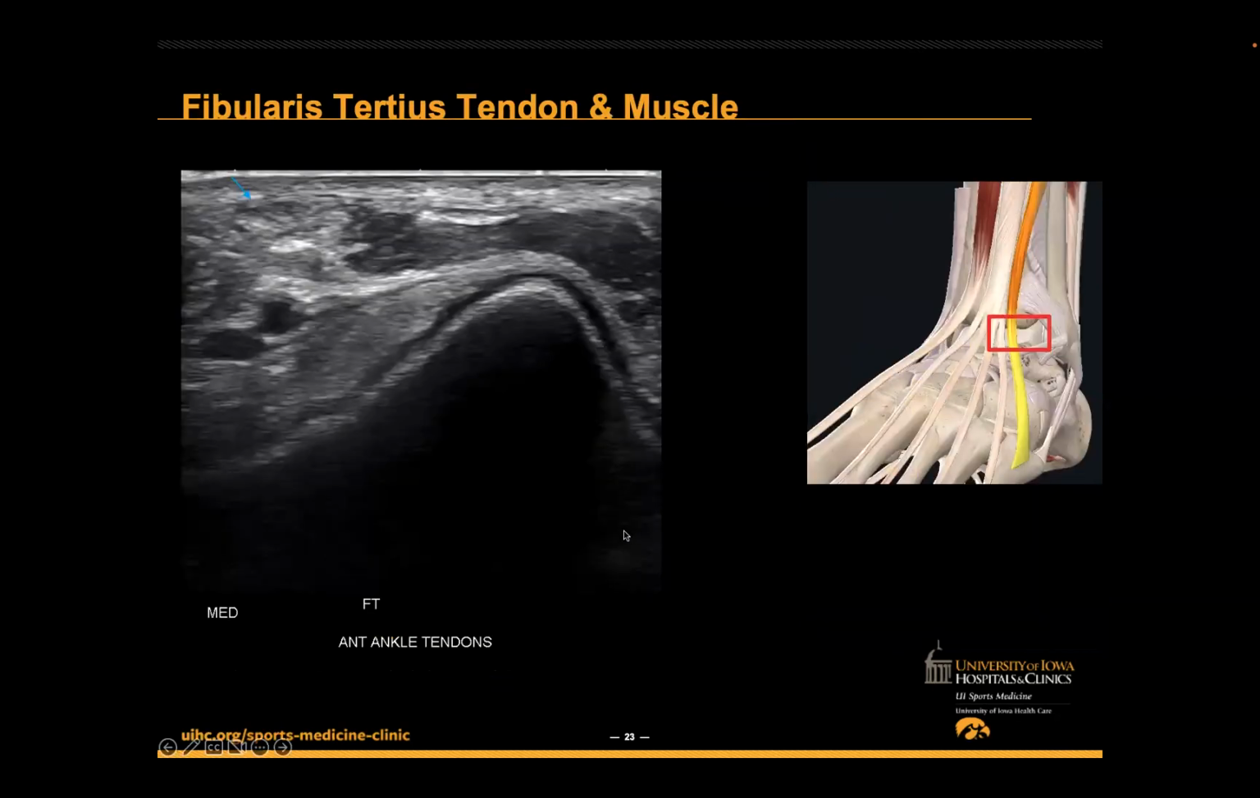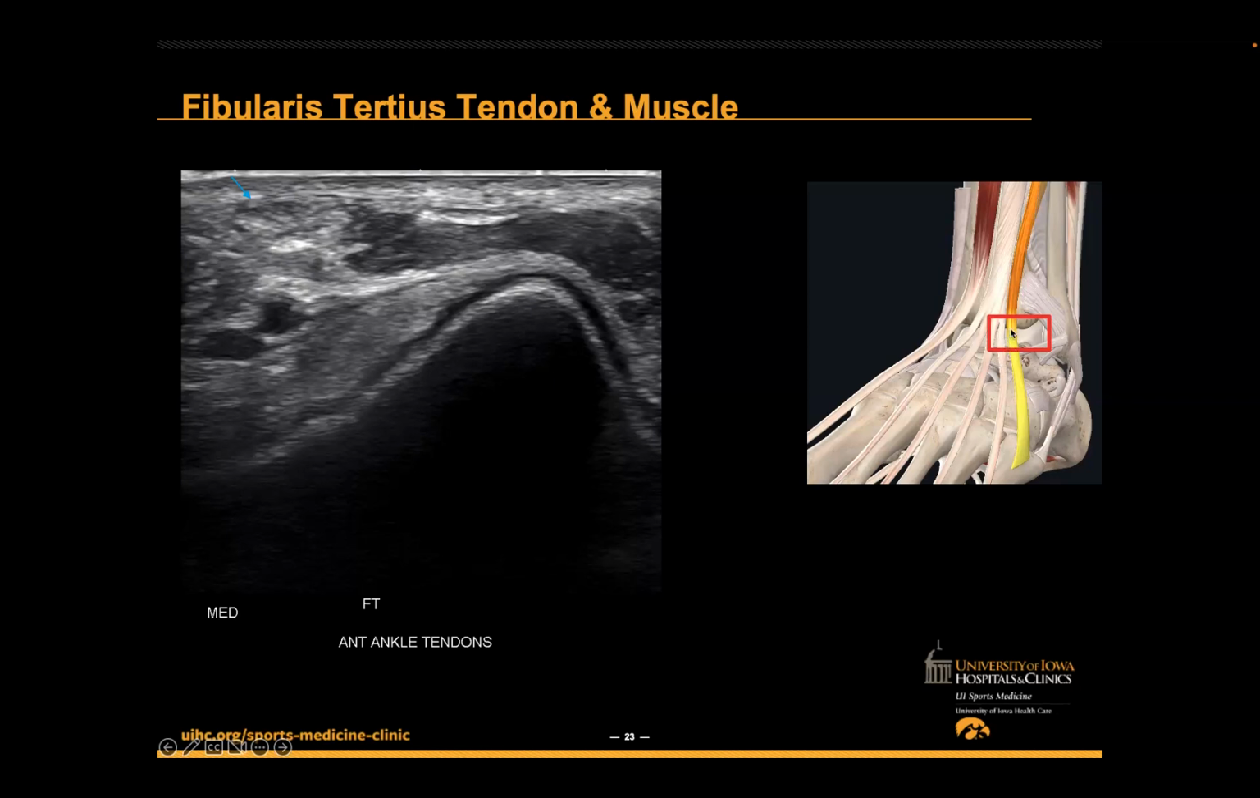And then finally, we move laterally and see the Fibularis Tertius tendon, which is this small tendon structure over here. And again, appears normal. There's no tearing, no thickening, no Doppler flow. One thing that I definitely did maybe the first few times that I scanned this area is just be cognizant that it's not another one of the slips of the